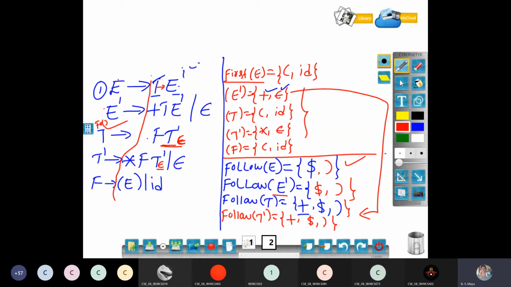No, ma'am. Okay. Follow set of F. Follow set of F, what comes? Where all is follow set of F? Come search quickly from the beginning. Search from the beginning. We have it in the third row. T determines F T dash.